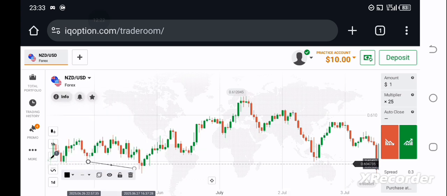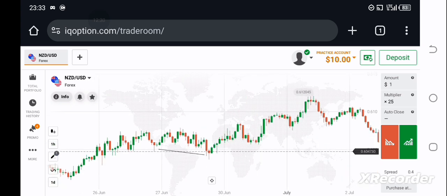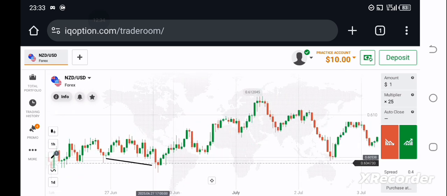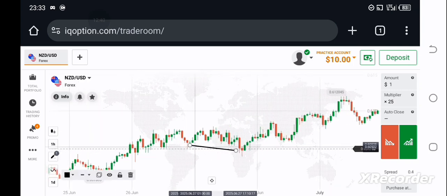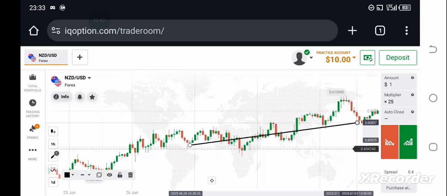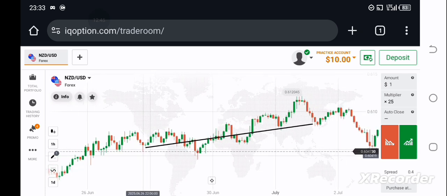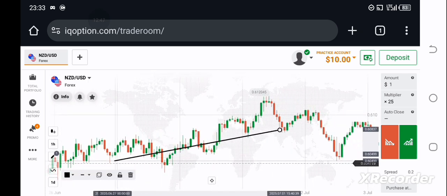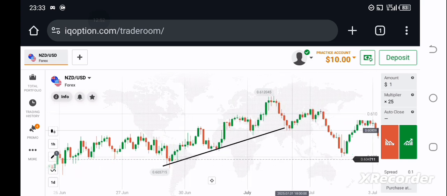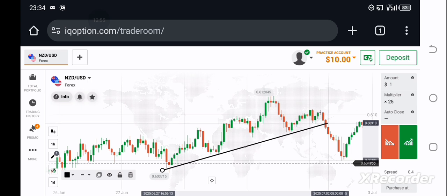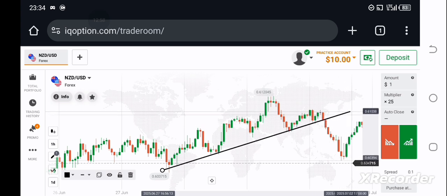And two, if you are going to use support and resistance to trade, please don't use it more than once or twice. Or if you are in the market and you realize that the level has already been used many times, please avoid it, because the more a particular level is being used, the weaker the level becomes. The probability of that level breaking, of seeing a breakout, will be very, very high,